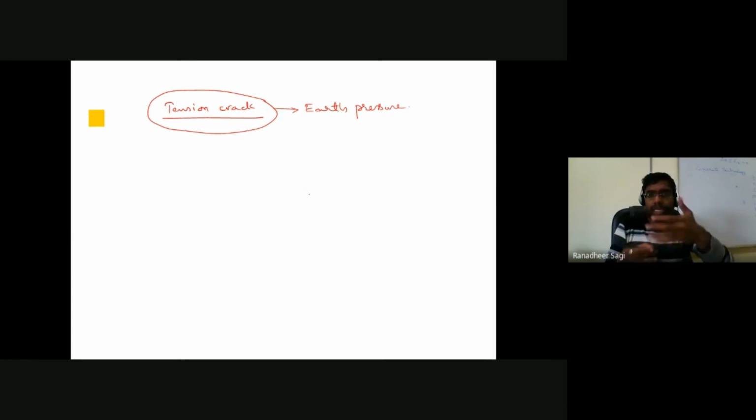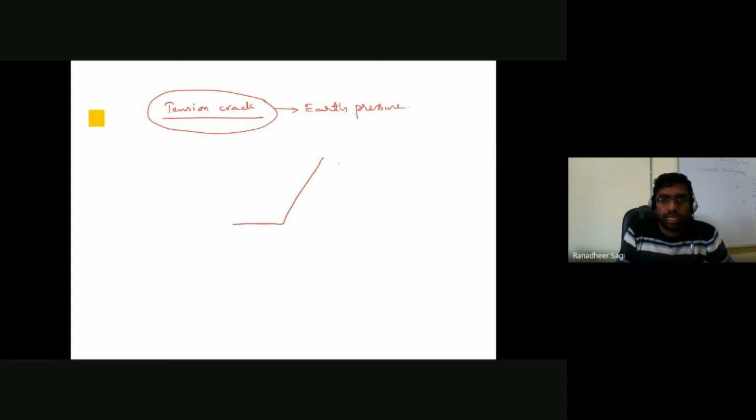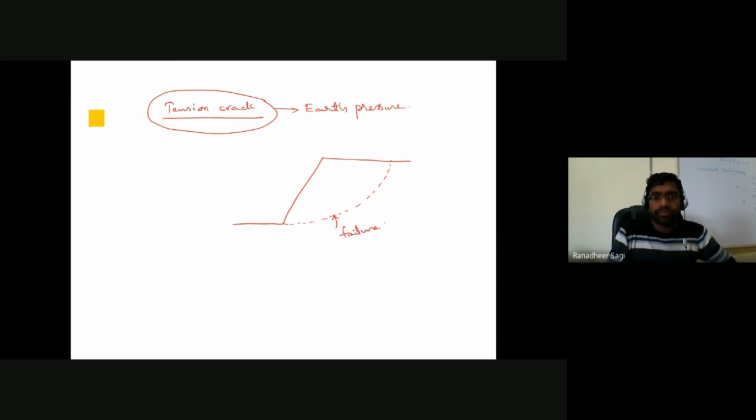So to what depth in a particular soil from the ground the crack formation gets developed. Okay, so here for now we are going to write that down directly. Let's say this is my slope. Typically, how do we analyze the failure surface? This is how we say the failure surface would be developed, and we understand that this particular failure surface starts from the toe, if at all it is a toe failure, and the failure surface extends till the ground.